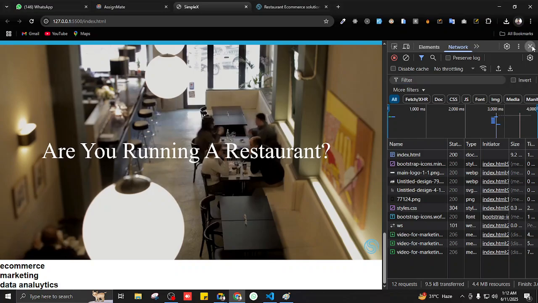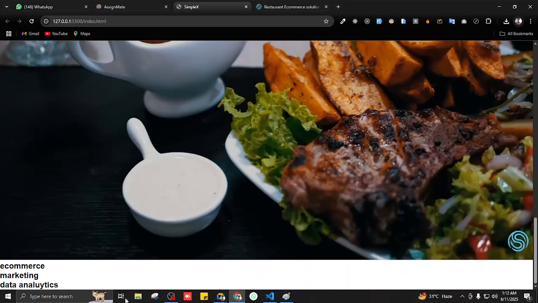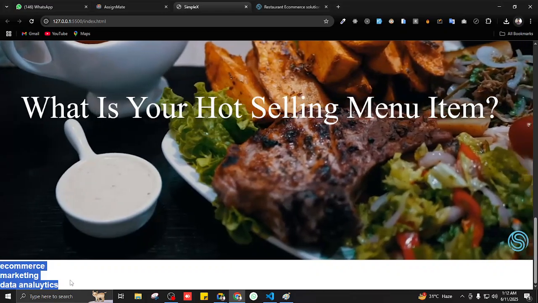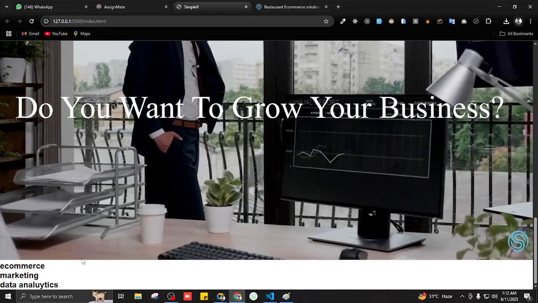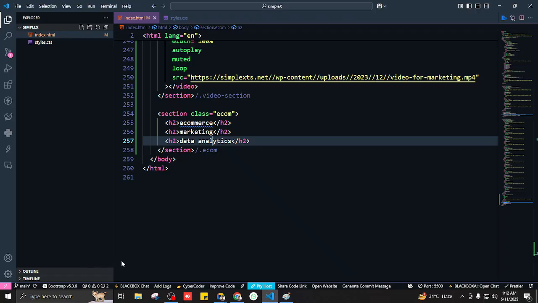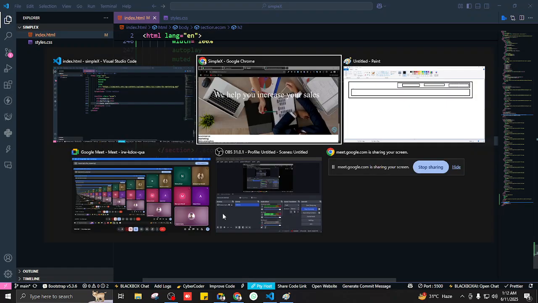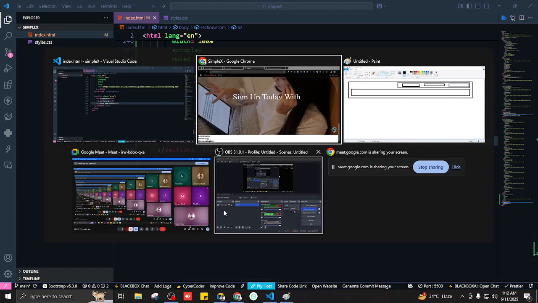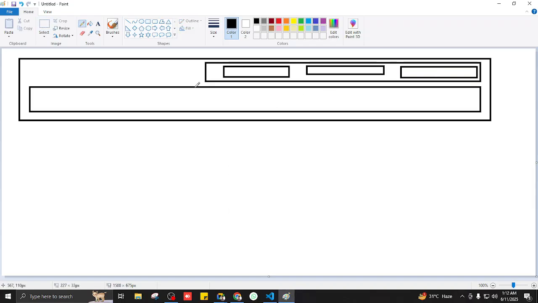Yeah, perfect. Okay, so I want them side by side. What should I do? Display flex. Good. Display flex on what? On ecom. Yeah, ecom. But again, we have a problem here, and that is inside the ecom we had